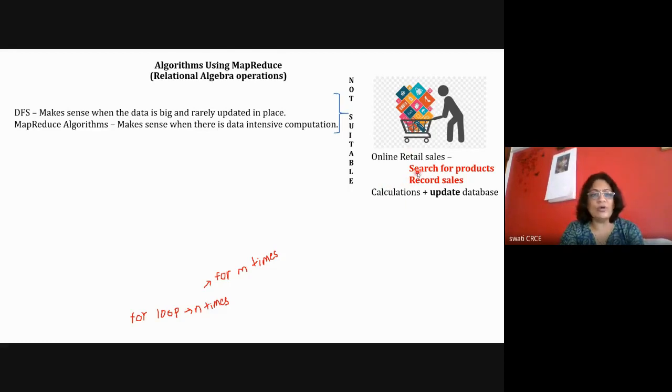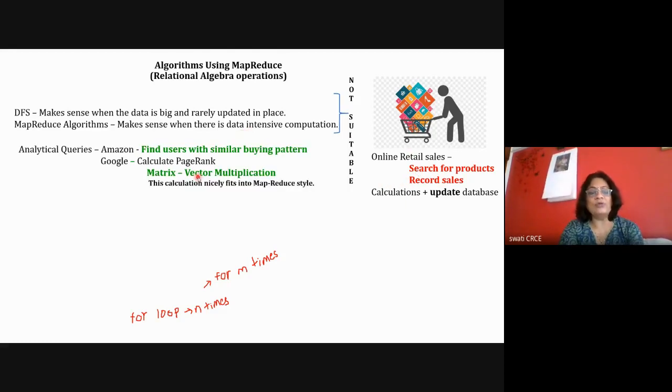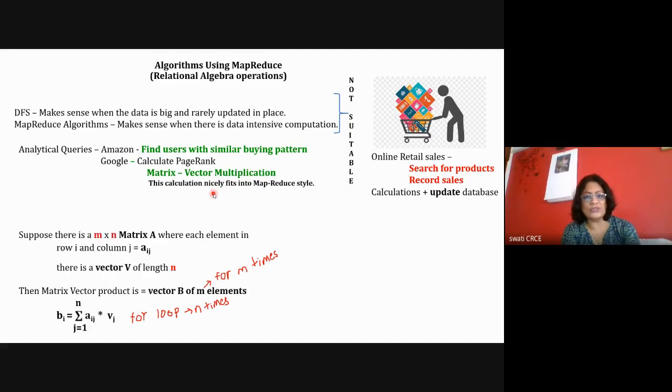But it is suitable for queries where you don't have to update the database, and you may want to find out which users have a similar buying pattern where the data is huge, because every second transactions are going on somewhere in the world. So finding two similar users, or doing matrix multiplication for PageRank, for such programs only MapReduce is suitable.